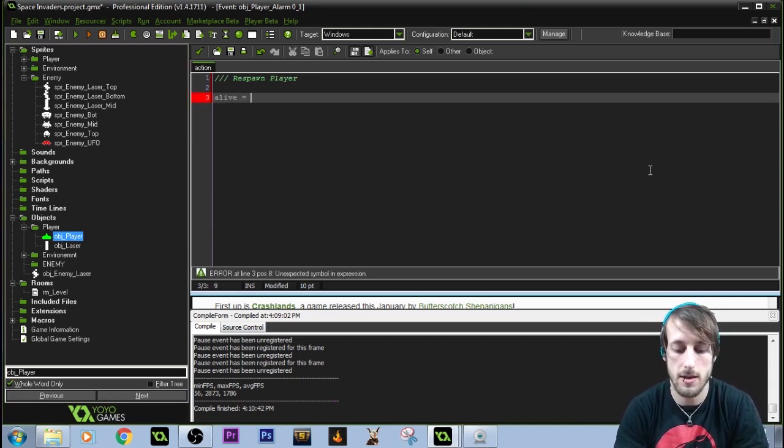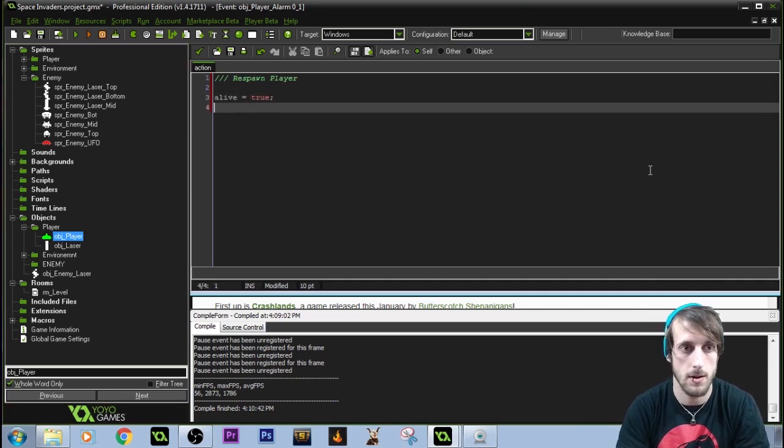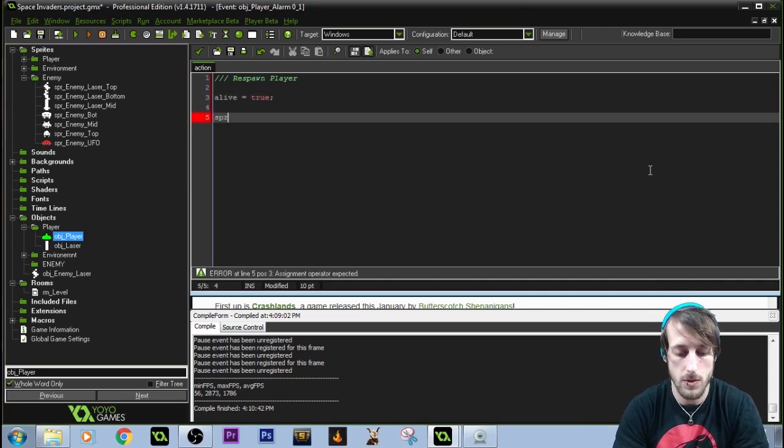First thing we need to do is we're setting the character's state of alive back to true. So player is alive again. We'll call the sprite index to be equal to the sprite player. I don't know if we did this before. Damn, I forgot a lot. When we die, we want the player to change over to his death animation. If we didn't do that before, we'll do that. It's nothing tricky. It's basically exactly this. We are changing the sprite index, meaning that